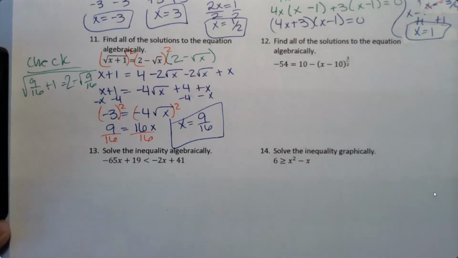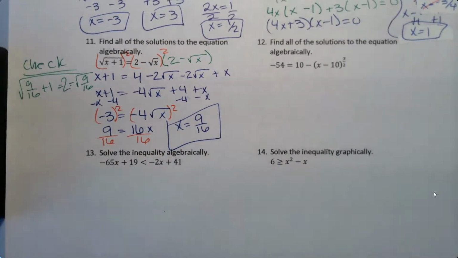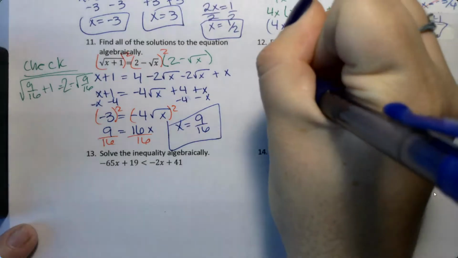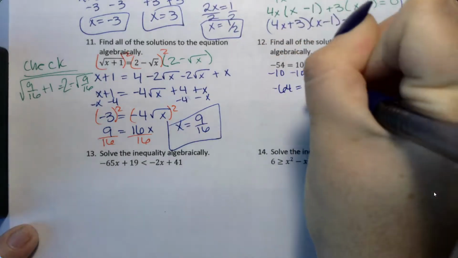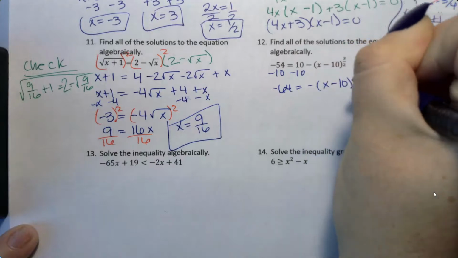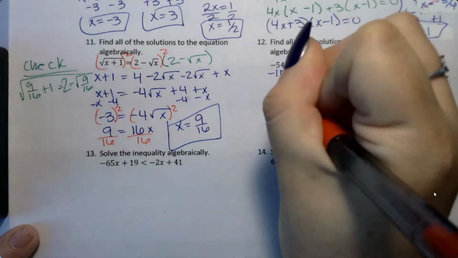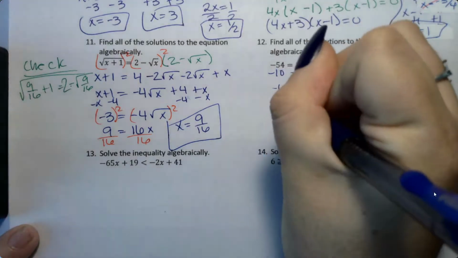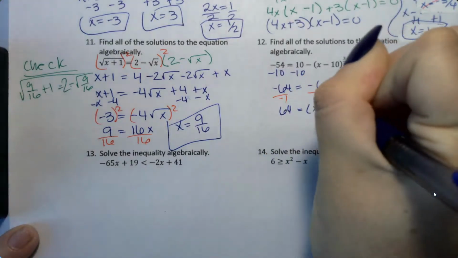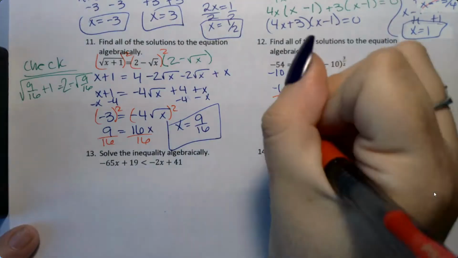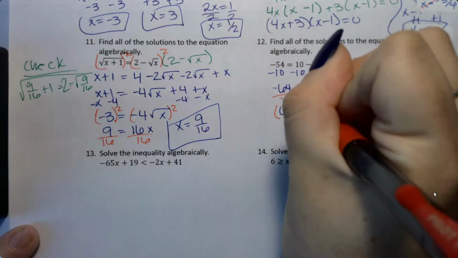Okay, number 12 wants me to find all of the solutions to the equation algebraically. So for this one, just like the radicals, I need to isolate the part that has the exponent. I'm going to start off by subtracting 10. It's going to give me negative 64 equals negative parentheses x minus 10 to the 3 halves. I want to divide out this negative, so I'm going to divide both sides by negative 1. I get positive 64 equals x minus 10 to the 3 halves. To get rid of a fraction exponent, I raise both sides to the reciprocal exponent, which is going to be